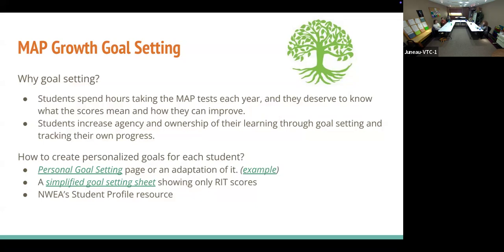We can share with you the normed scores that tell you the typical average fifth grader at the beginning of the year will have this RIT, and they'll do it for fall, winter, and spring. And I would sometimes share that with my students, sometimes I wouldn't, depending on the class and the students, because I was like, it's about you, it's not the average score that's important, it's your score and making growth.